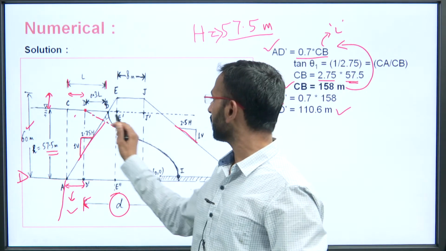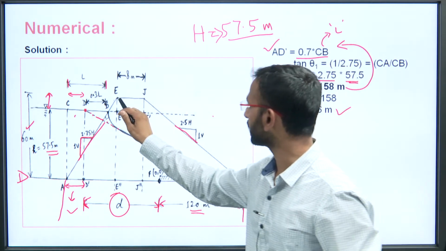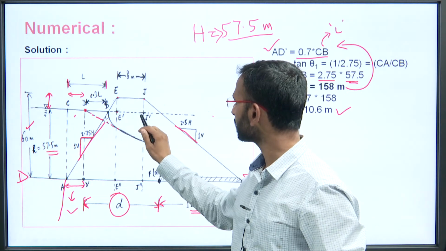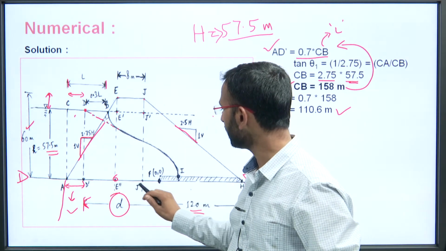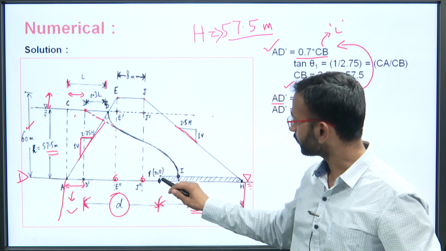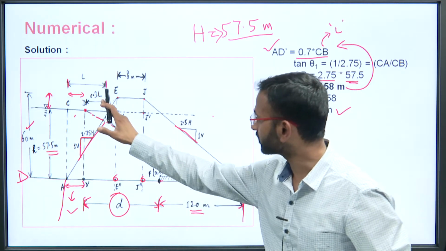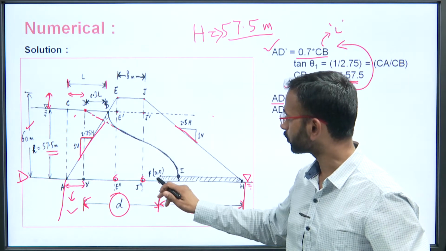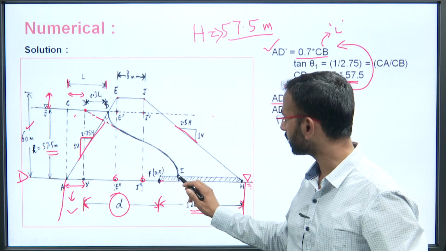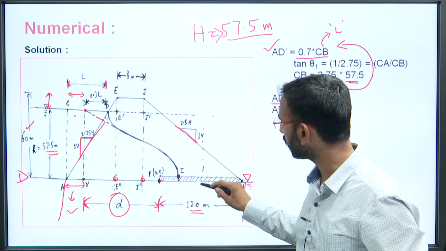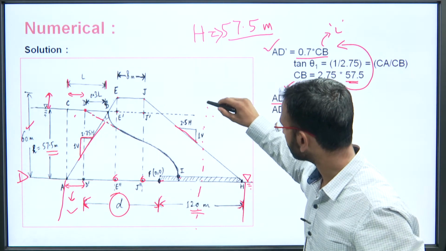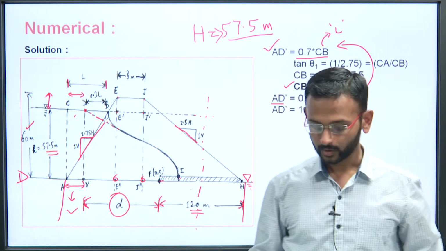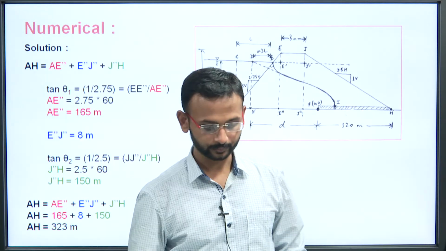Also see, this is the water level, this has been extended here. These are certain points E, J, E dash, J dash, E double dash and J double dash. This is the focus of the parabola, that is the top phreatic line. This is the top phreatic line, top flow line. So, this is the focus, and the directrix will be passing from somewhat this area, this length. Okay. Now, moving on.